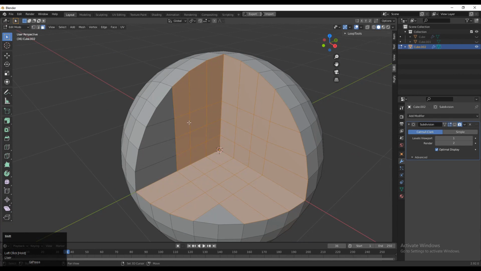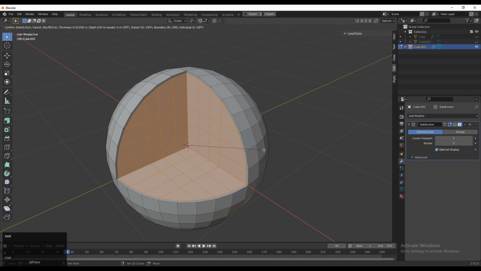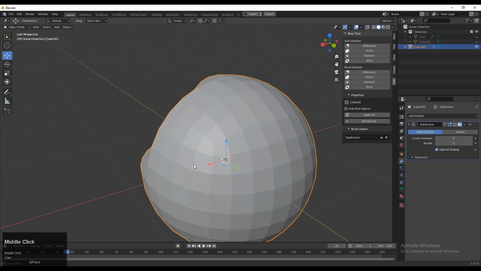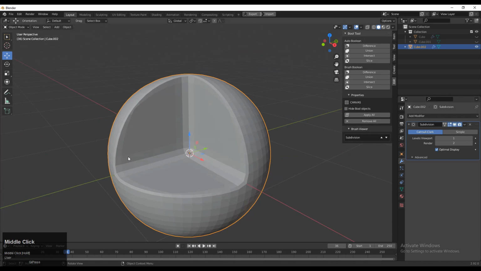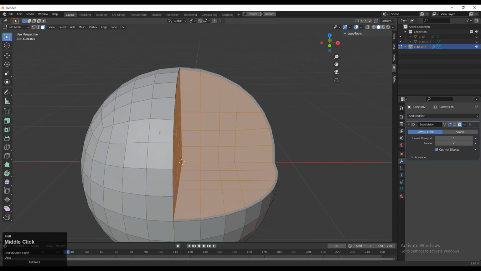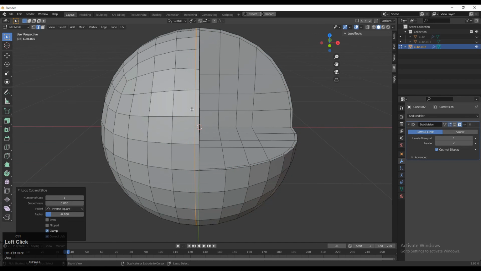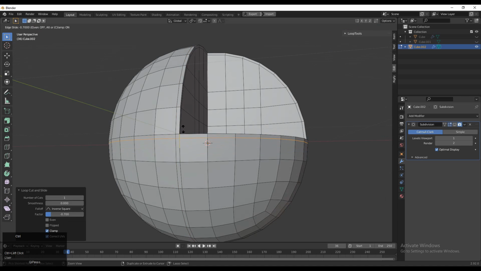So then you need to select these faces and then press I for the inset operation, so we will get one loop there, a face loop. And now you can turn on your subdivision surface modifier, and now we will add more loop cuts there because we want to create the same kind of face loop outside from that boolean.